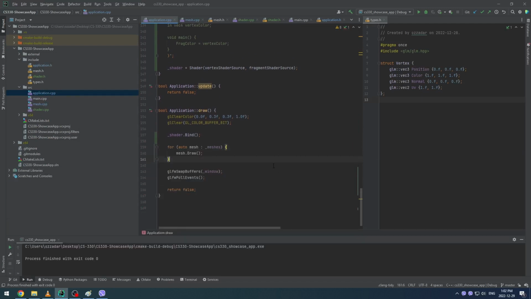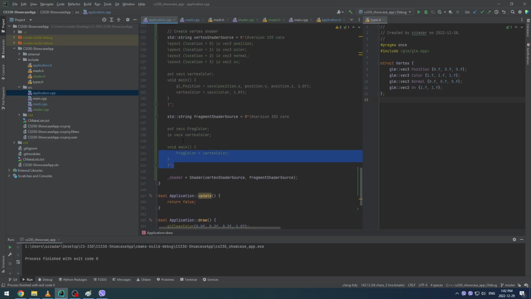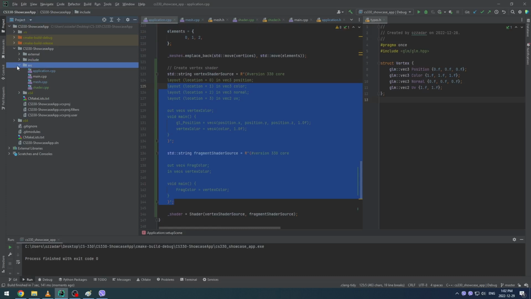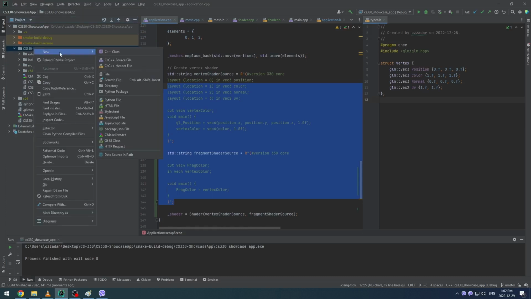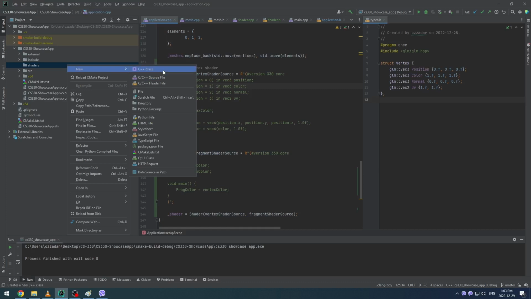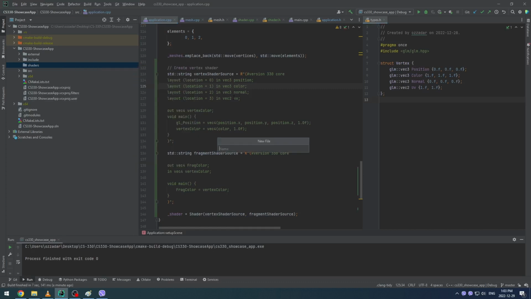So now I don't like having these shaders inside my code as strings like this. I would much rather have them inside files. So we are going to create a new folder inside our project here, new directory shaders, and we are going to create two new files. We're going to say